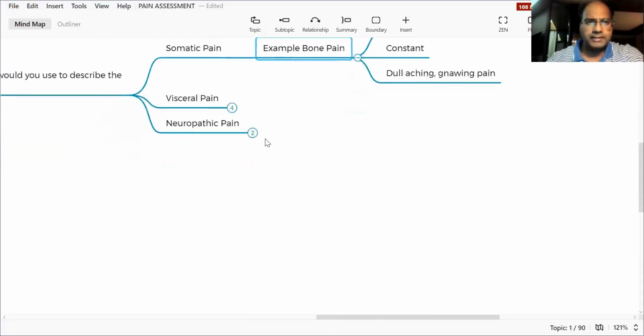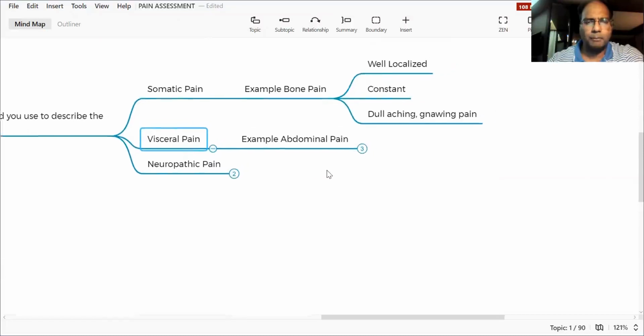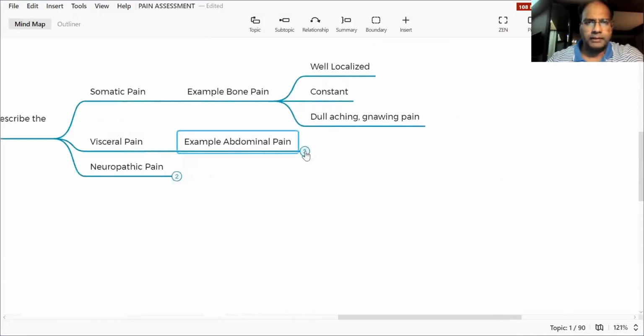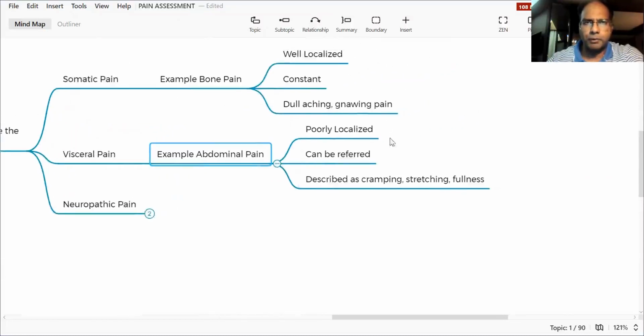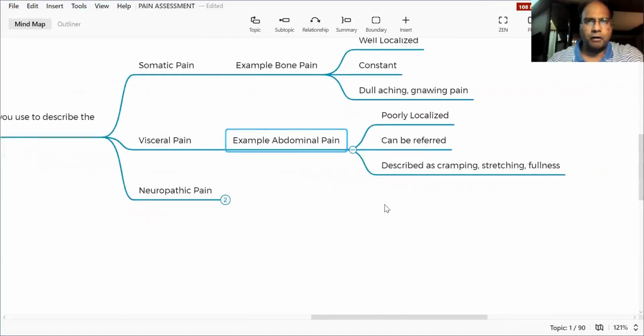The second type of pain which may be considered is the visceral pain, for example, the abdominal pain that we have. In this case, the pain would be poorly localized. It can be referred, and it is described as cramping, stretching, or fullness. This is the second type of pain that the patient can explain